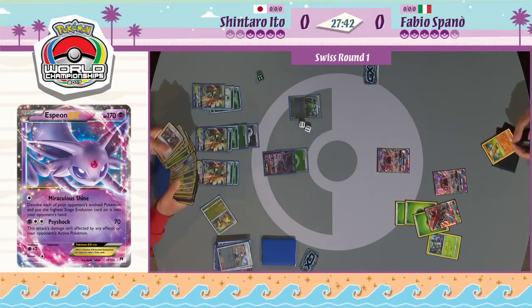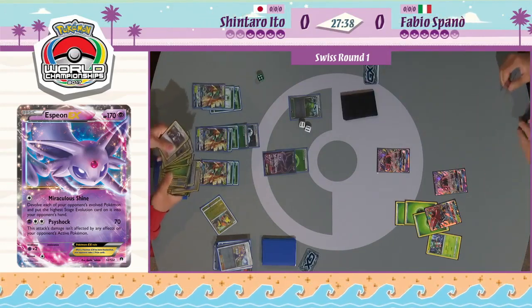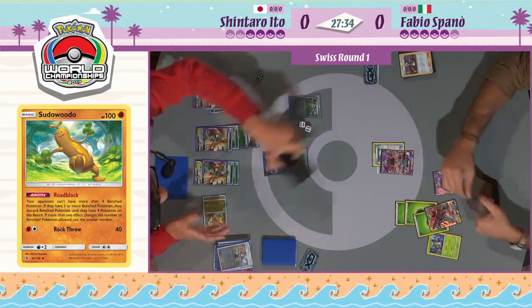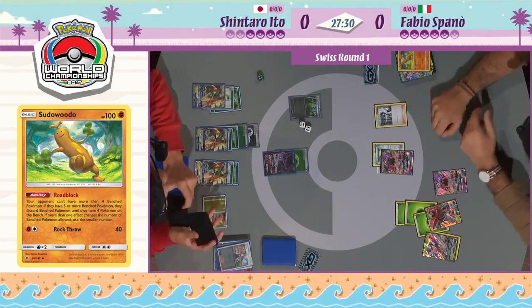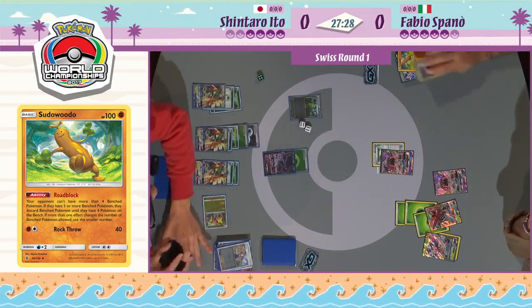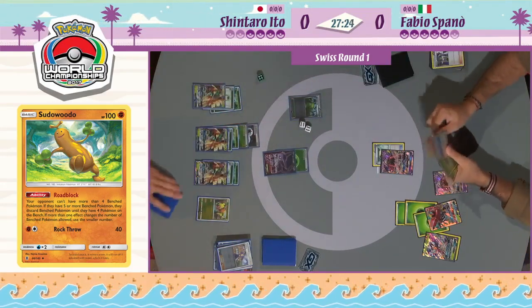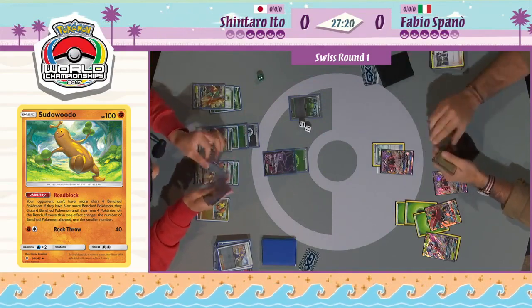And then Shintaro realized that, and he decided to go with the Espeon EX plan, which just completely mitigated all of the damage that Fabio might have done. It took away one of his potential Hex Maniacs for the future, and it just put Fabio in such a bad spot when it comes to the energies and whatnot, and took the damaged Decidueye out of his own play. I mean, that was just a back-breaking turn here for Shintaro,